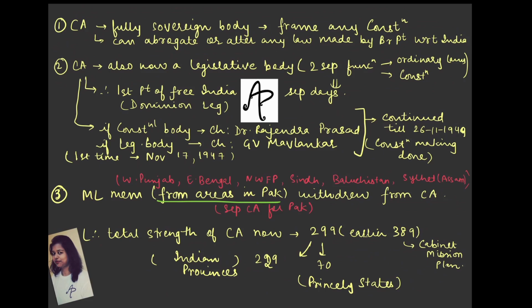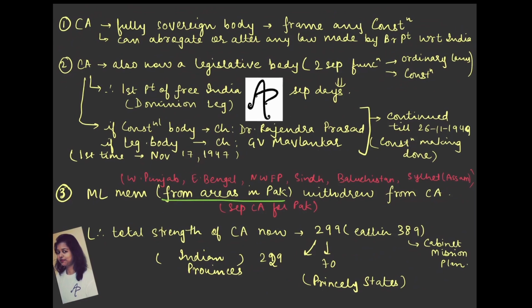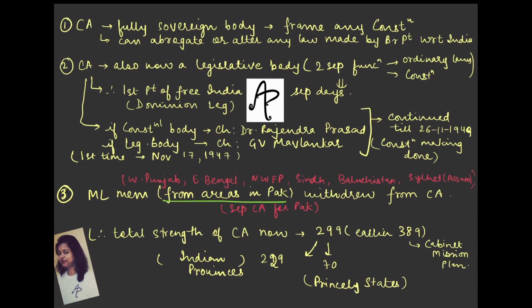ठीक है, तो अब elections नहीं है तो how will you have the members of the legislative body? And if you don't have a legislative body, who will frame the laws? So you needed something. So therefore Constituent Assembly had to perform two separate functions. So what it started to do, how it started to manage two separate functions, it started to sit on separate days for different matters. Like, you know, on some day they will sit to make the laws, on some day they will sit to make the constitution.